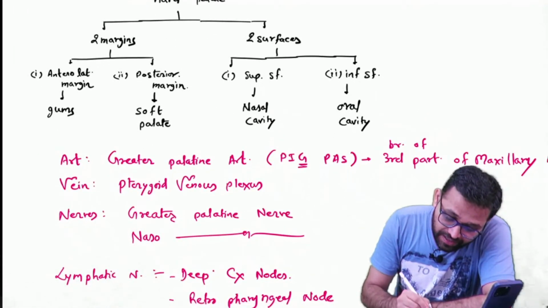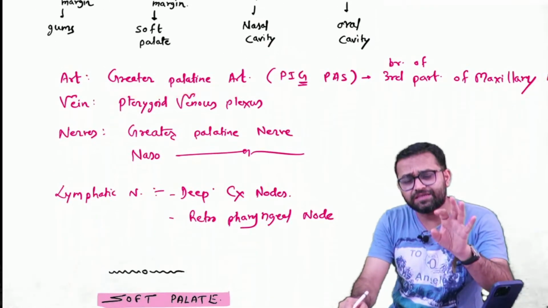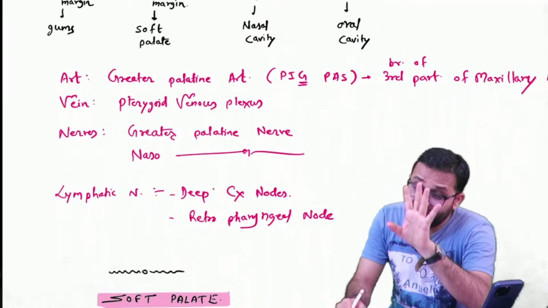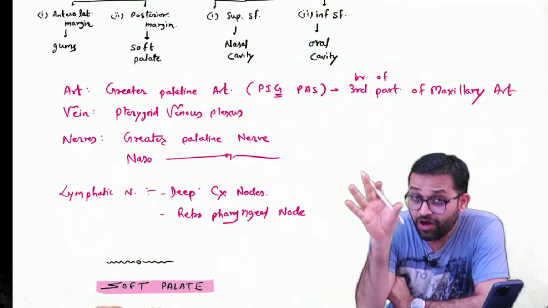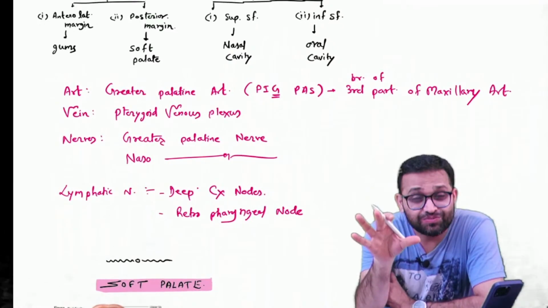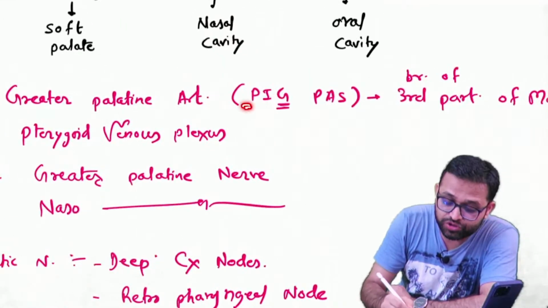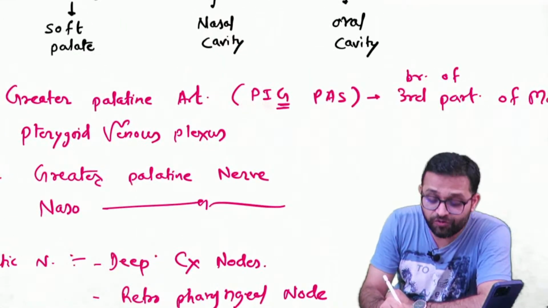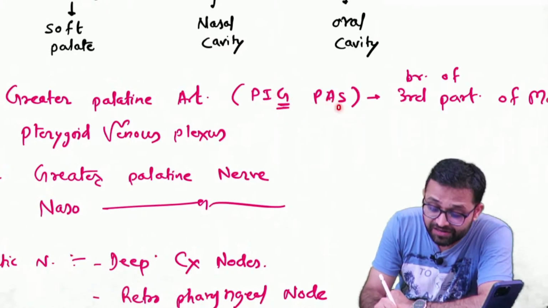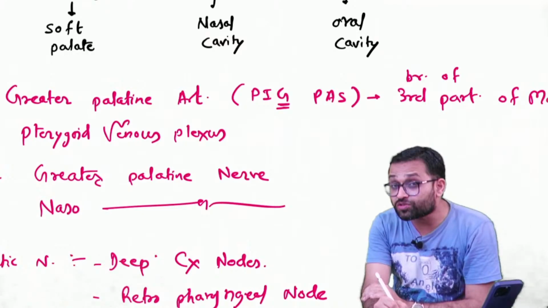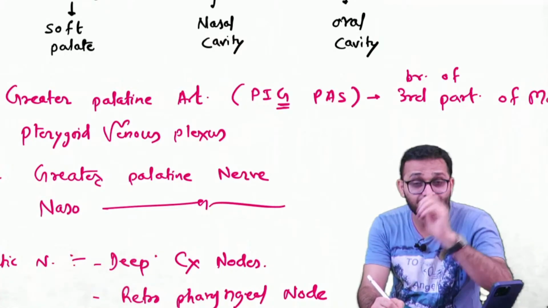Sir, artery of the hard palate. Short note, greater palatine artery. Very easy. Palate is supplied by palatine artery. This is big. That's a greater palatine. Do you remember we had already talked about the branches of the maxillary artery? So our mnemonic was pig pass. We had seen posterior superior alveolar artery, infraorbital artery, greater palatine artery, then pharyngeal artery, then artery of pterygoid canal, and sphenopalatine artery, which was the artery of epistaxis. Already we had discussed. You can see our previous videos.